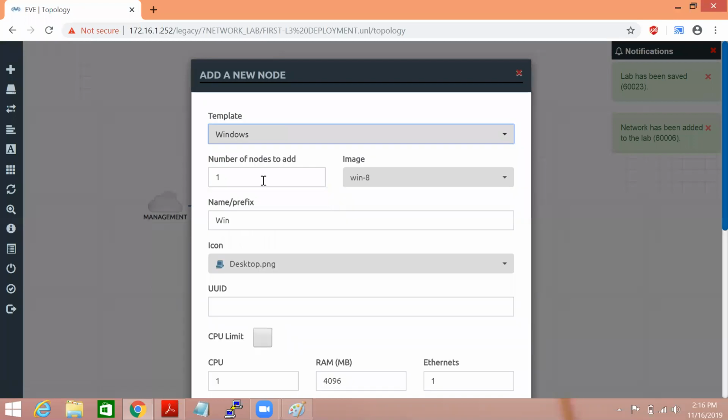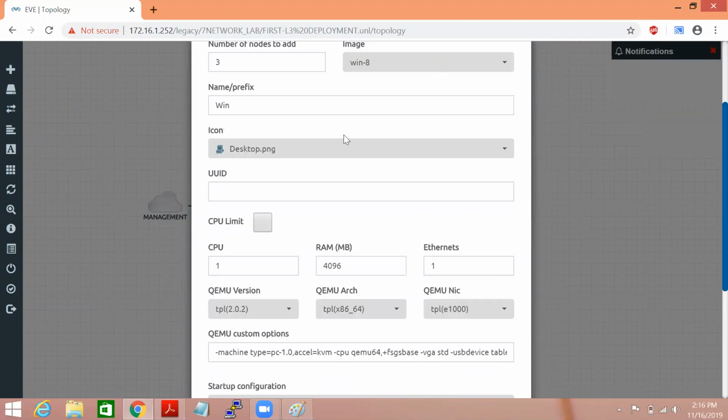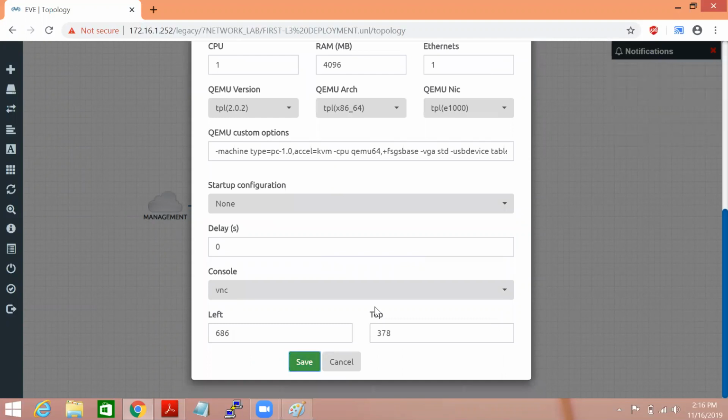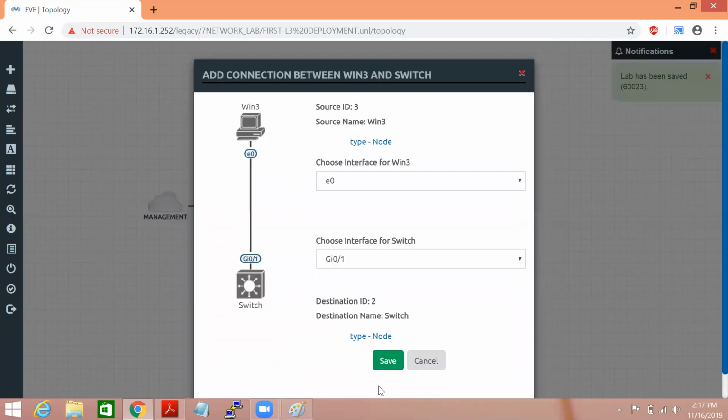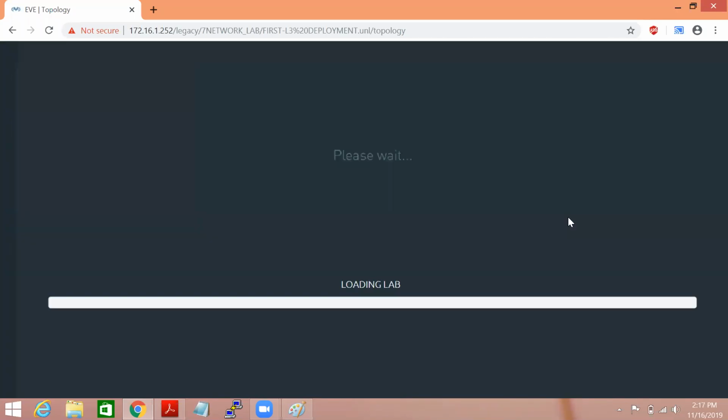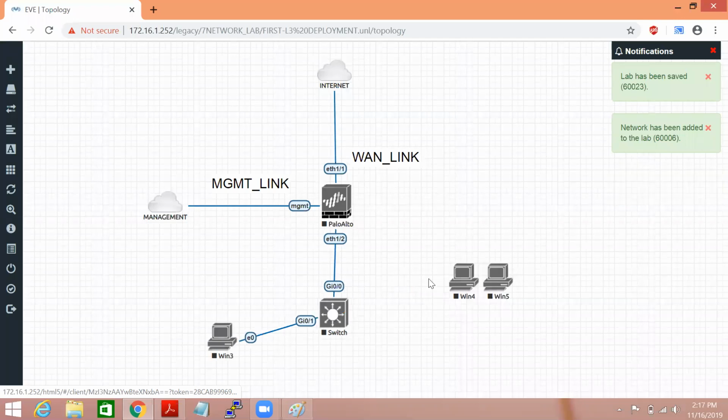So for testing purposes, you can add these Windows users. Windows 8 and Windows 7 are there. So you just have to select Windows 8. Just click here and you can connect these machines from the switch. So connect it accordingly. So this is my LAN infrastructure.